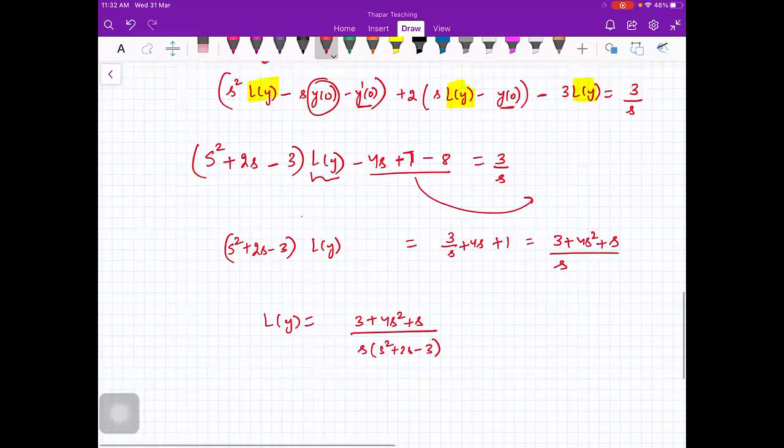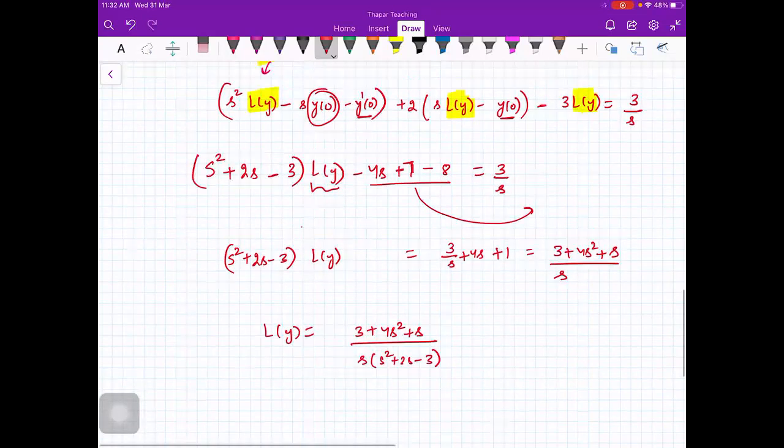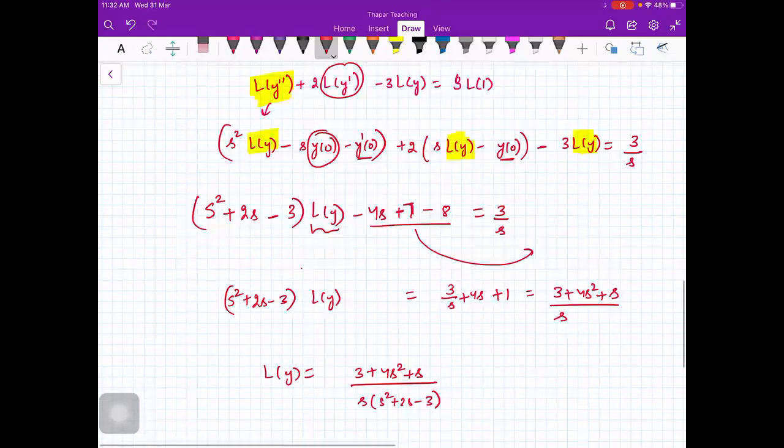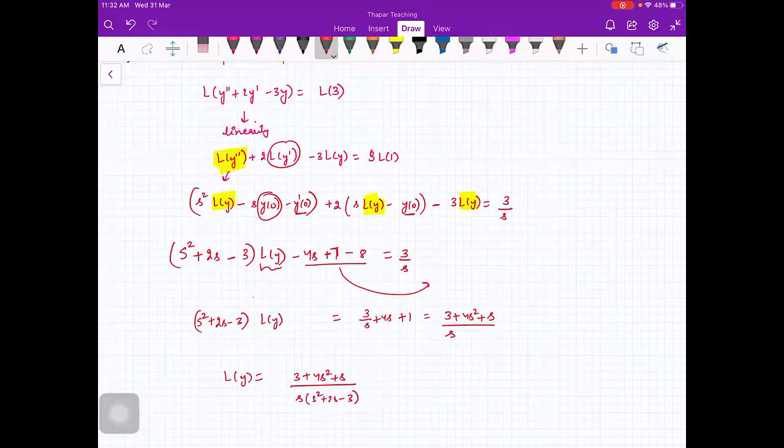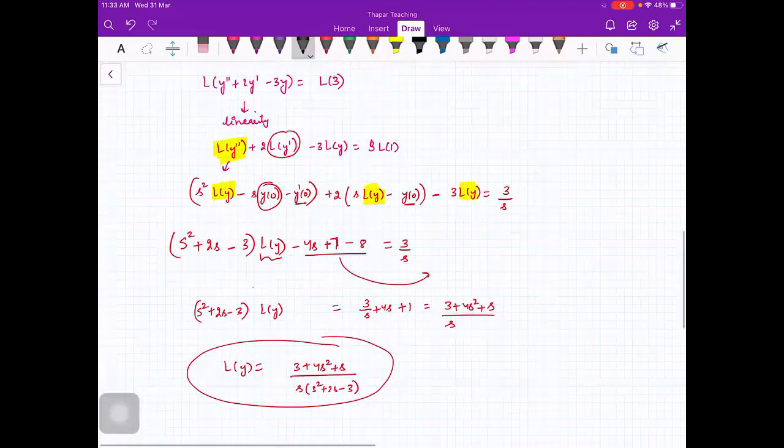सिंपल अभी तक हमने कुछ नहीं किया है, सिर्फ लैपलेस ट्रांसफॉर्म लिया है और L of y निकाल लिया. हमने निकालना क्या है? y as a function of t. So अभी क्या करूं मैं? Anybody? What should I do now? I want to compute y but instead I computed L of y. What should I do now? Ma'am, inverse Laplace. Yes. Now take Laplace inverse transformation.